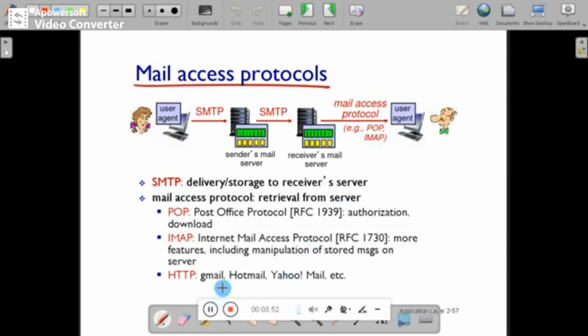Internet Mail Access Protocol has several advantages. One advantage is it will not delete the original copy of the mail. Second one is it will synchronize the client machine with the latest update of the mail. For example, if the particular user is using his desktop machine at home, then that machine will be synchronized with the latest update. So IMAP has several advantages over Post Office Protocol, but Post Office Protocol is simple. It will save the space on the server. So in this way, Simple Mail Transfer Protocol works.